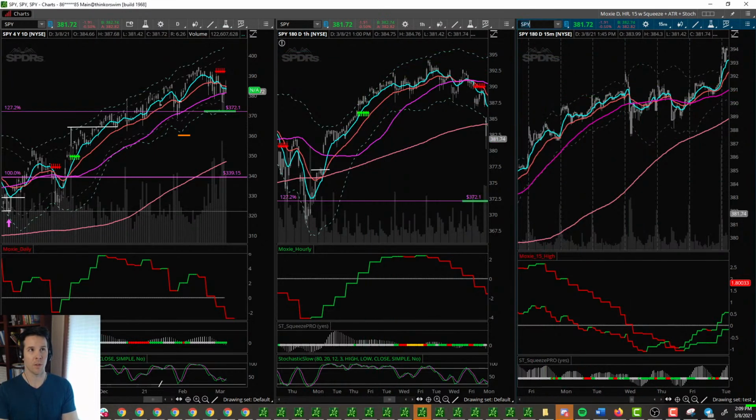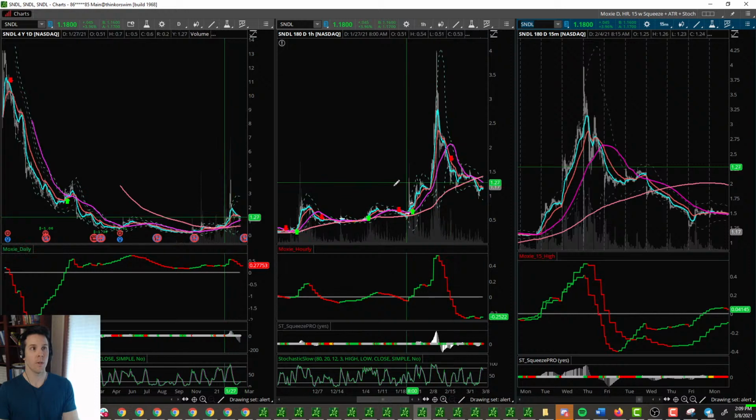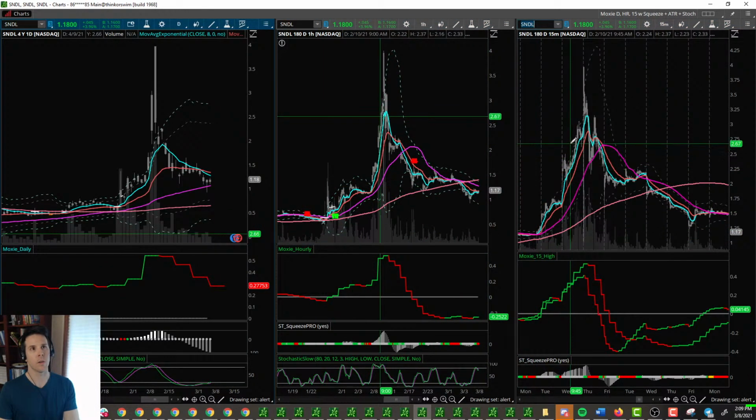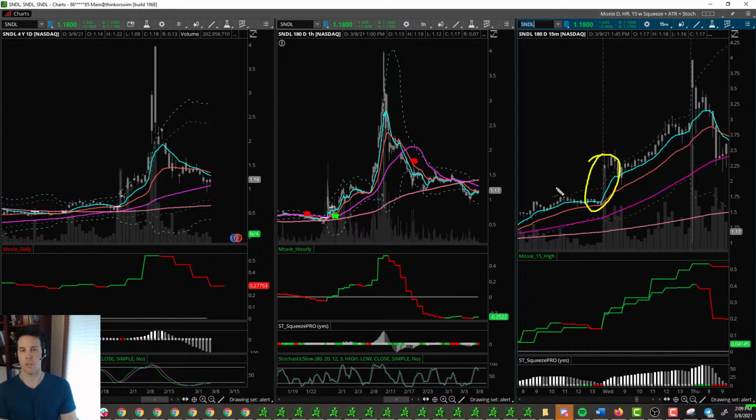If you ever want to look through and correlate this to anything else you were seeing, one of the big names I was having a good time in was SNDL, a cannabis-related stock. The 10th was right here, and let's zoom in on that particular day. You can see we opened with a nice gap up, and I had a fairly large position in this one. Then we got that liquidation break, and it actually went negative from where it opened.